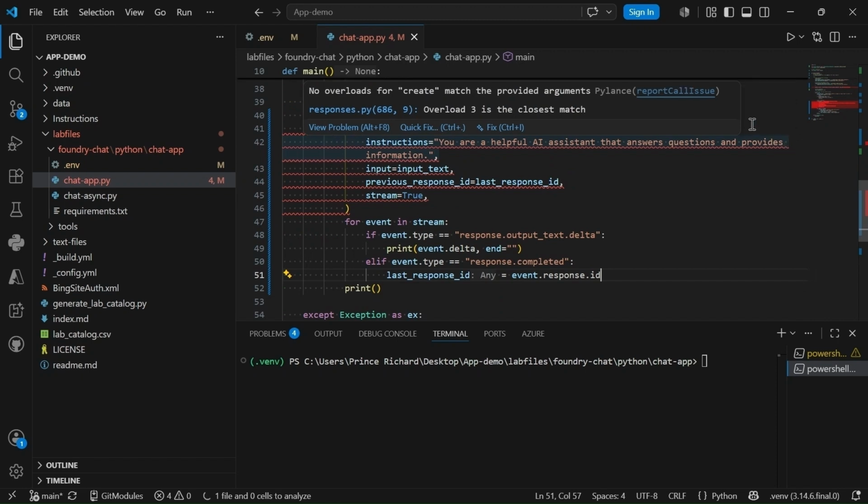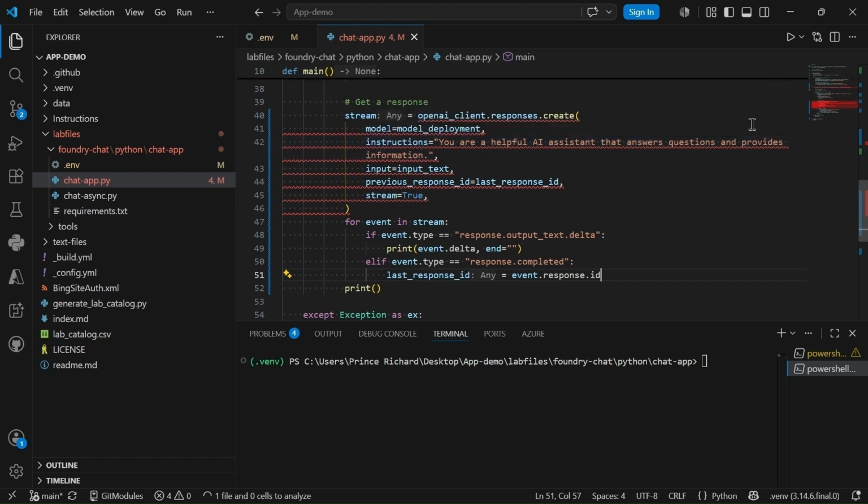Also, when the model generates a long answer, instead of nothing appearing until the entire response is finished, it will now look better. Okay, so this small parameter, stream is true,